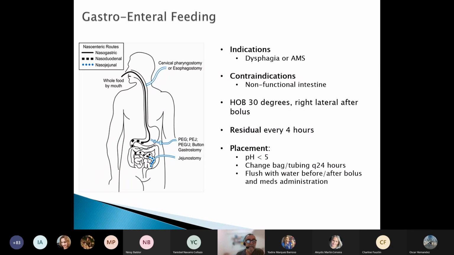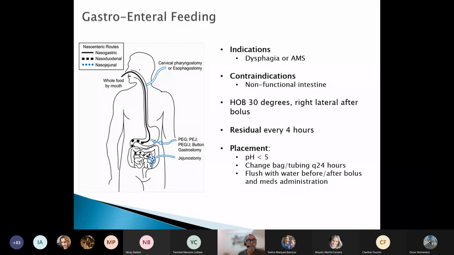Any pH that is 6 or more brings the doubt of where the tip is, and it requires withholding the introduction of the liquid and contacting the provider, who is probably going to request an extra X-ray. Also, it is useful, after insertion and verification that the tube is in position, to mark where the tube contacts the border of the nostril, as a way of suspecting that it has pulled out.